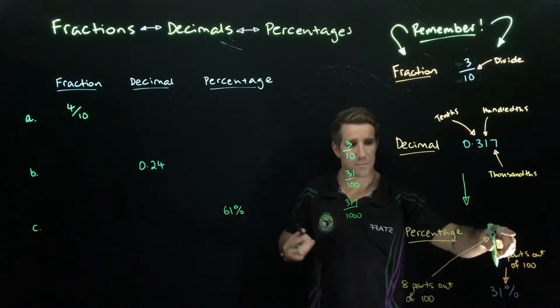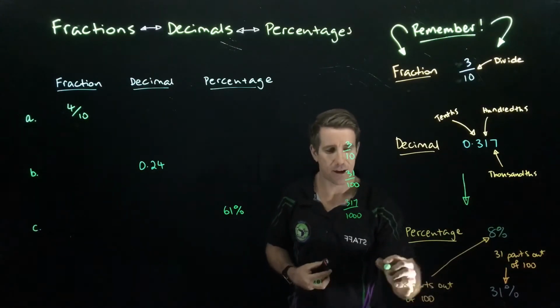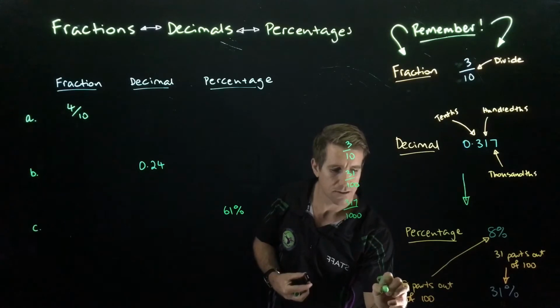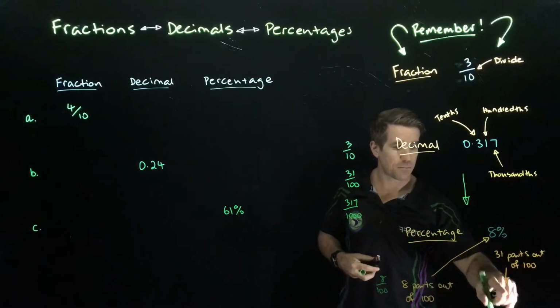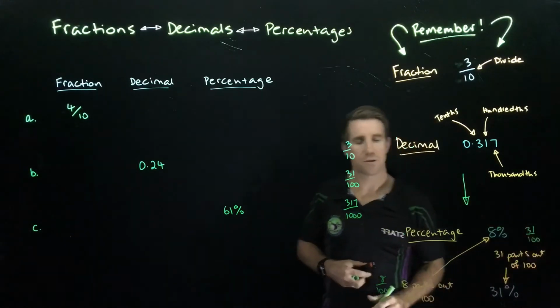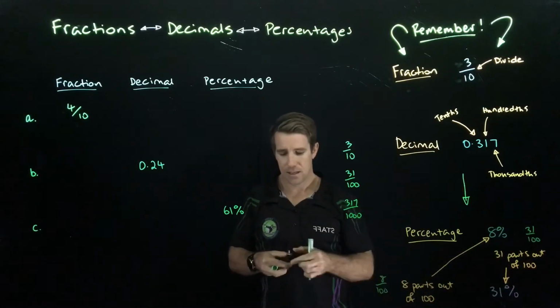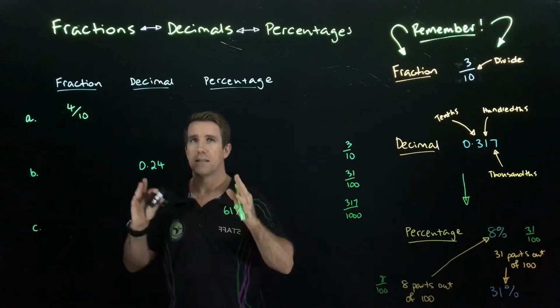We've got a simple percentage, 8%. We know percentages, that's an easy one. 8 parts out of 100, which we could write as a fraction, and lo and behold, we're starting to convert already. This one here, 31% or 31 parts out of 100. Again, we're starting to convert, okay? Keeping in mind all that stuff that we just spoke about on the right hand side, let's get down and